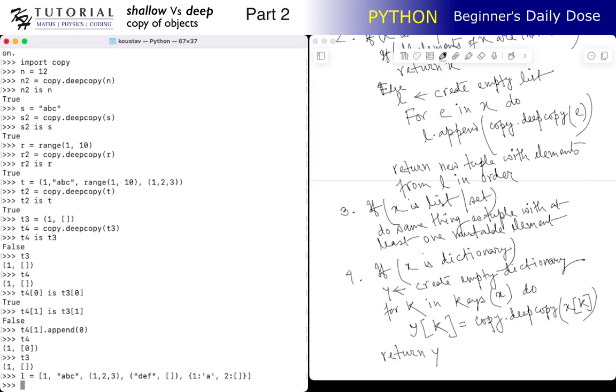Okay, so I have this list. The elements are: the first element is a numeric, the second element is a string,